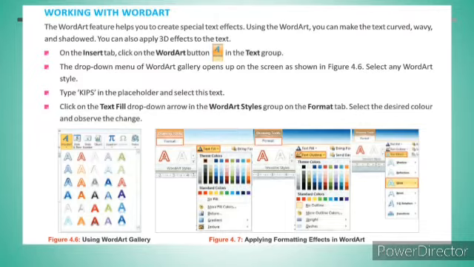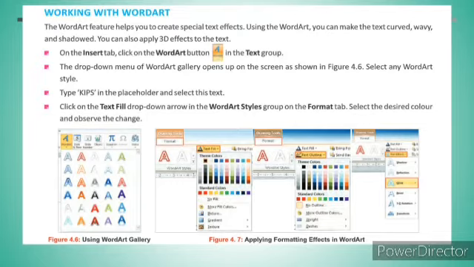Now let us see about word art. Word art is a feature that helps to create special text effects. Using word art, you can make the text curved, wave motion and we can apply shadows. You can also apply 3D effect to the text. To apply word art, click on the Insert tab.